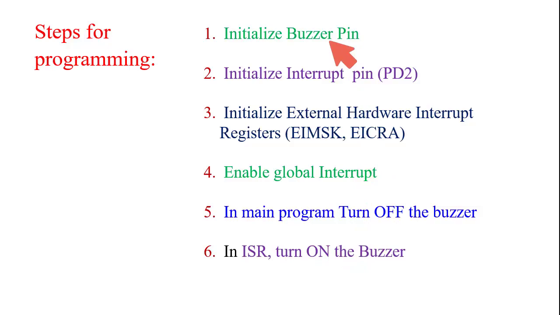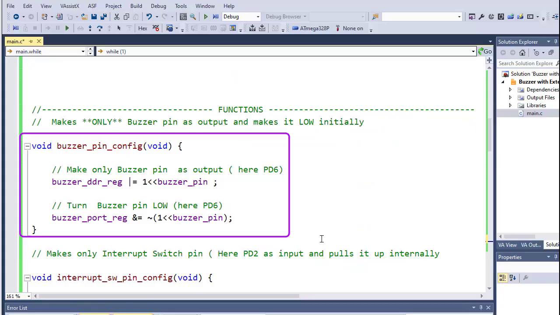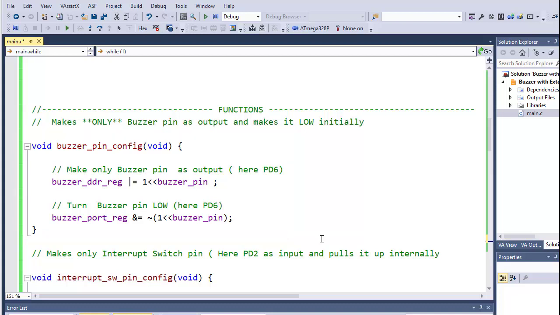First, initialization of the buzzer pin. The buzzer pin is connected at pin number 6 of port D of ATmega 328P. So we need to set the pin configuration of the DDR register, DDRD, as well as the port D register.